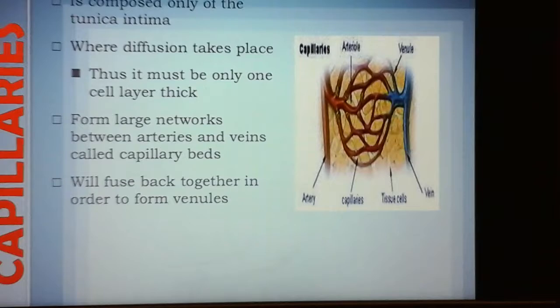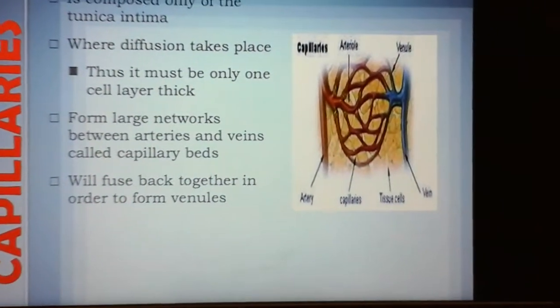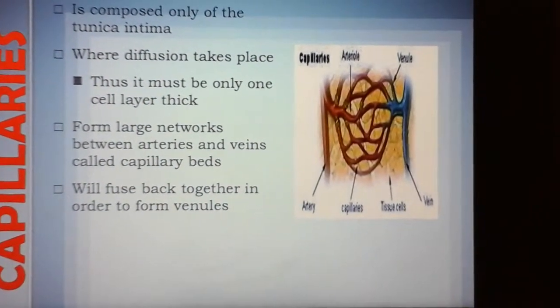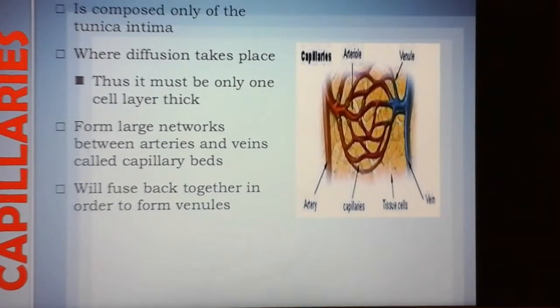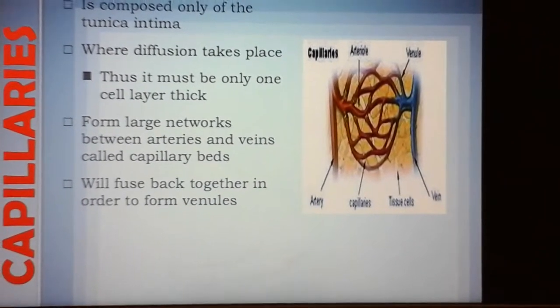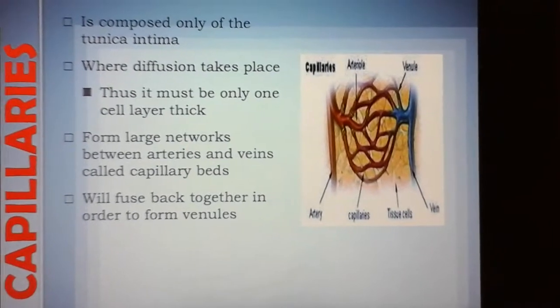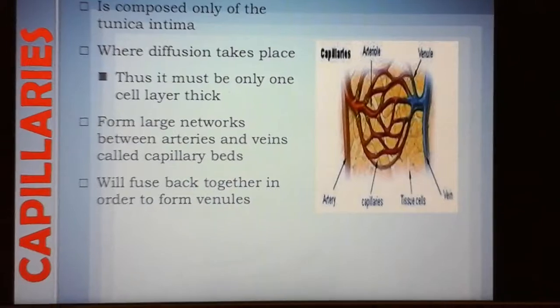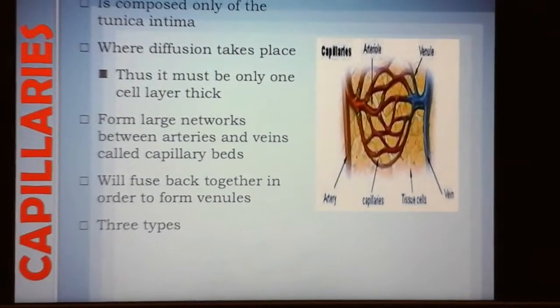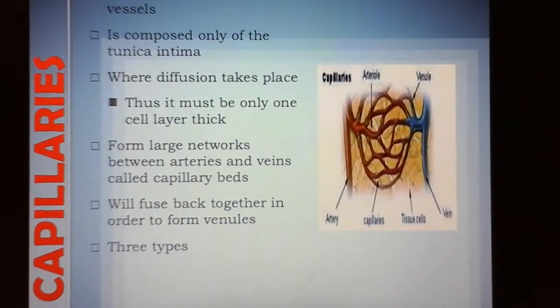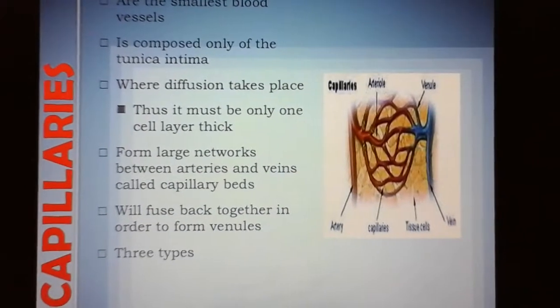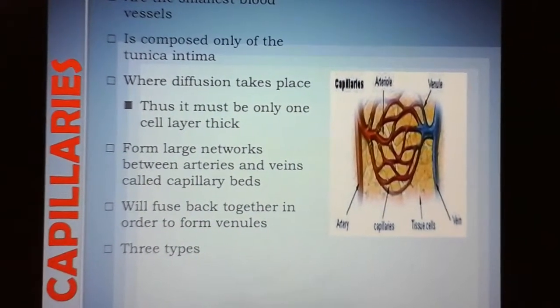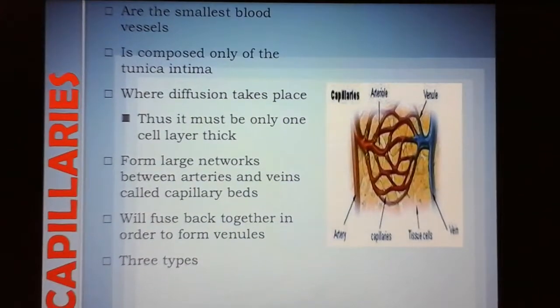And venules are, remember, arteries take blood away from the heart and veins bring blood back. So arteries have 3 layers, veins have 3 layers. Arterioles have 2 layers, venules will have 2 layers, and then your capillaries are only going to have 1 layer. Right? In the case of capillaries, you do have 3 kinds of capillaries, and it's going to be based on the job that they do. So, in the case of the type of capillaries you have,